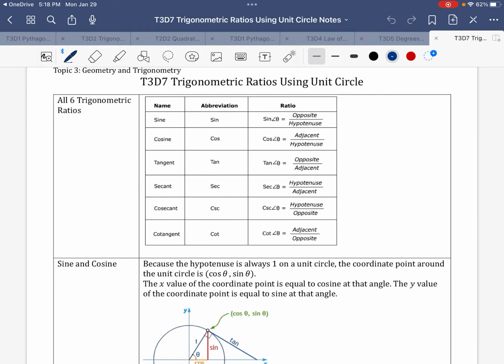Topic 3, Day 7, Trigonometric Ratios using the unit circle. Up until this point, there are 3 trig ratios that you should be familiar with: sine, cosine, and tangent. There are actually 3 additional trig ratios that are just the reciprocals of the ones that you have already talked